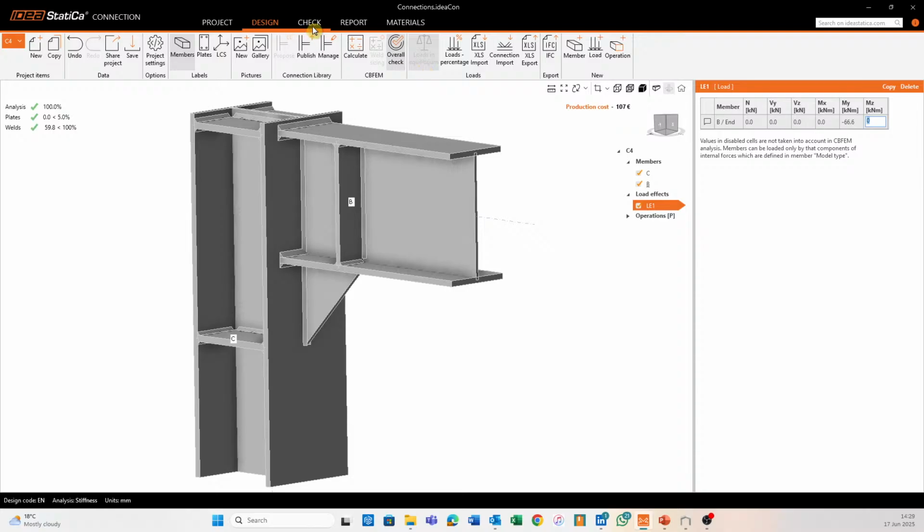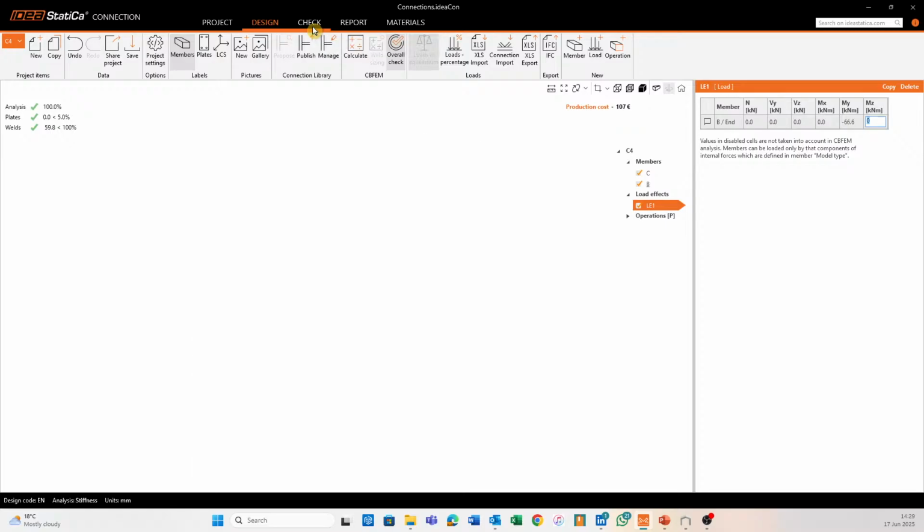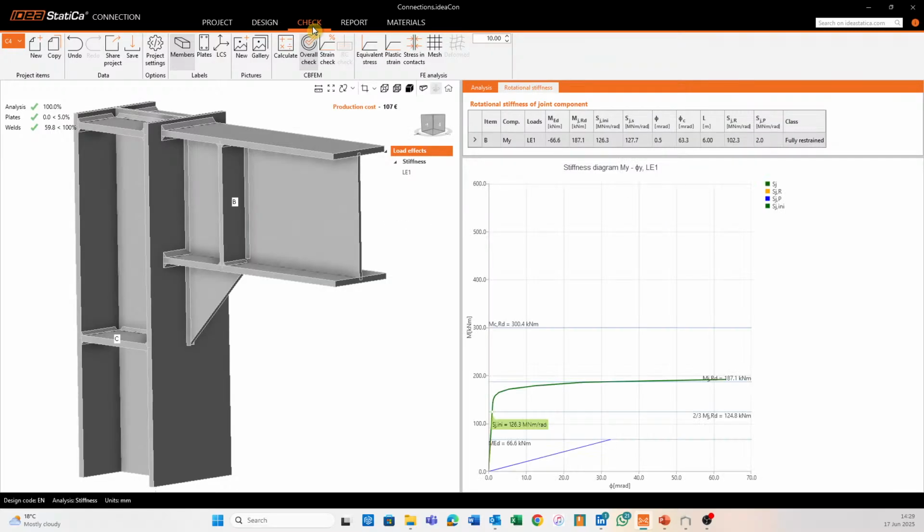What we'll look at the end is going to be quite nice as well, where we look at setting a connection as fixed and then checking what is the output and at what rotational stiffness value we actually get an equivalent output. Okay, so we can see here 127.7 for the secant, so that's great. So I'm going to record that, 127.7. We're going to go back to frame and just update